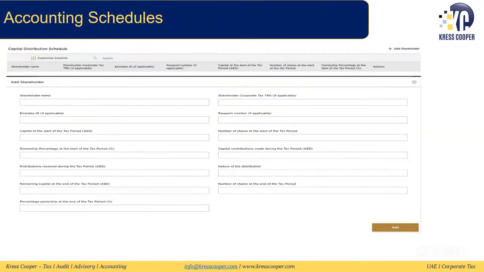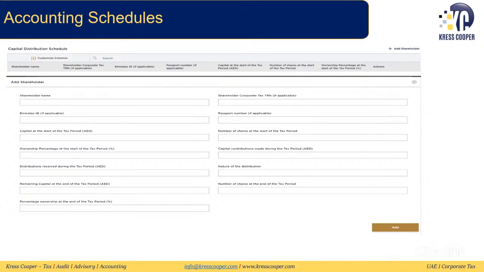Then lastly, in the accounting schedule, it is asking you for the capital distribution schedule. Here it is just taking the information about the shareholder. You have to add this information for each shareholder of the company. So if the company has 3 shareholders, you will need to add it 3 times. You have to add the shareholder's name. You have to put in their corporate tax TRN if they have been separately registered, and if corporate tax is applicable for them, you have to put in the Emirates ID, the passport number, the capital at the start of